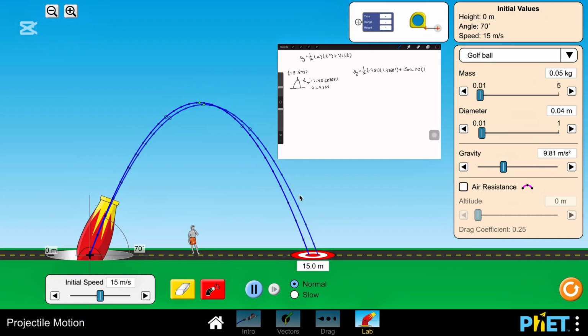Okay, now we just type this in the calculator. The first part is minus 9.81 times half of the time squared, and that is equal to,